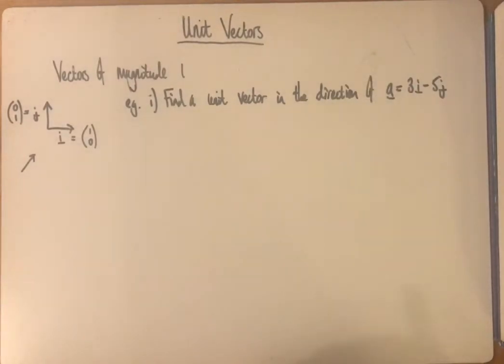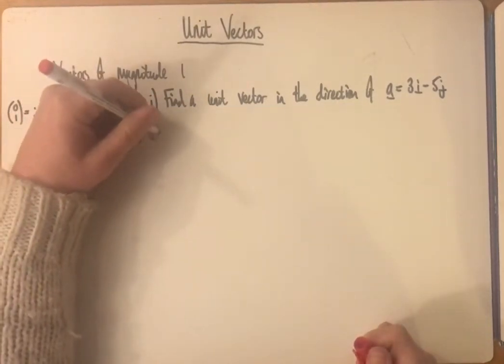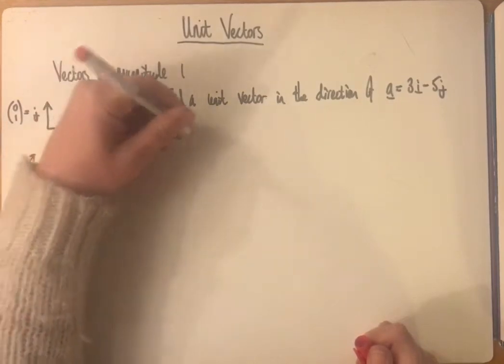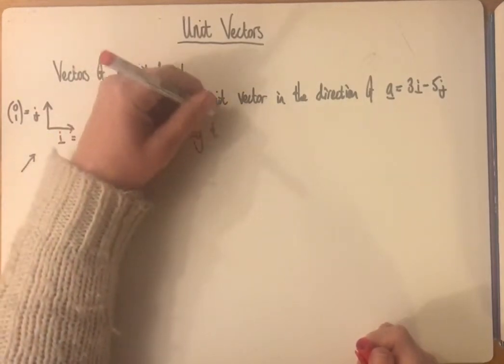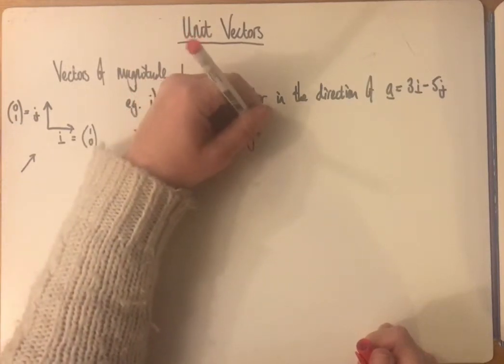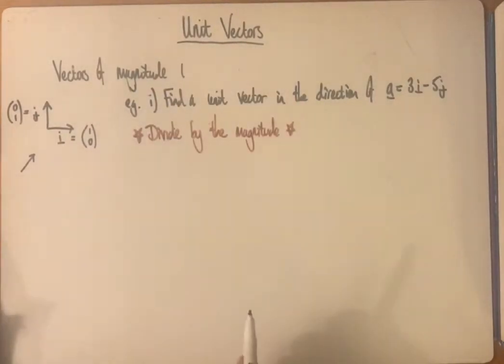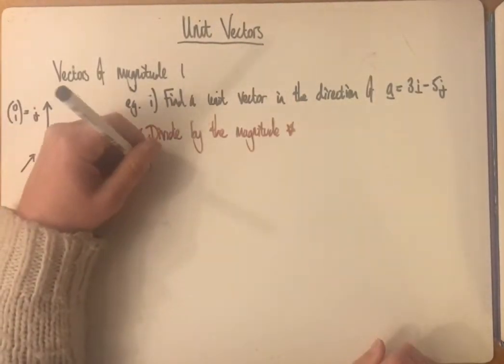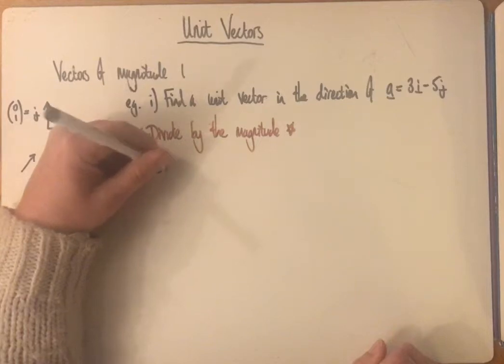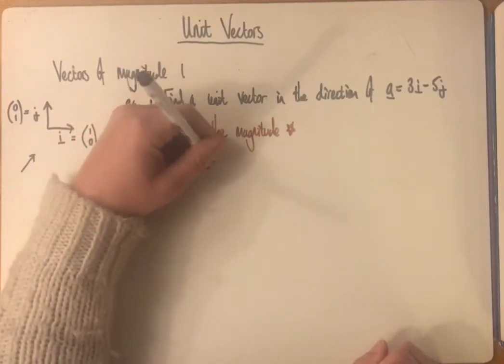So the method is to divide by the magnitude. So we need to find the magnitude of a, which is the magnitude of 3i